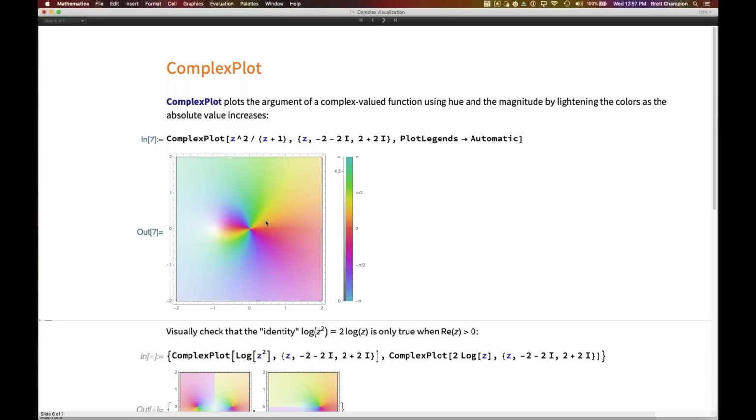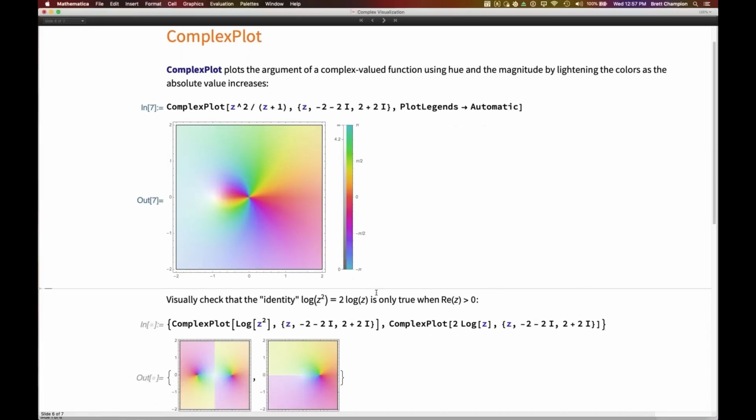And we'll talk in just a bit about how to interpret this pretty picture, because it's sort of hard perhaps to read off actual values from these colors. But first,